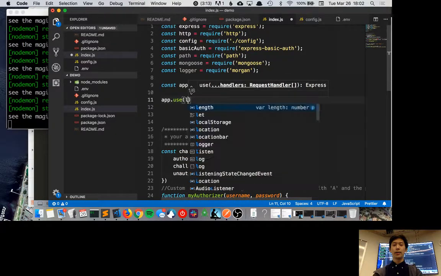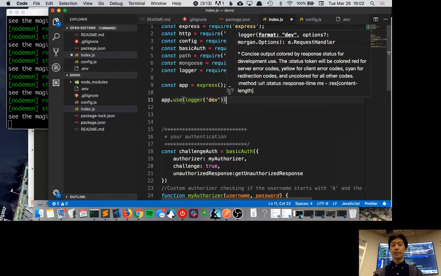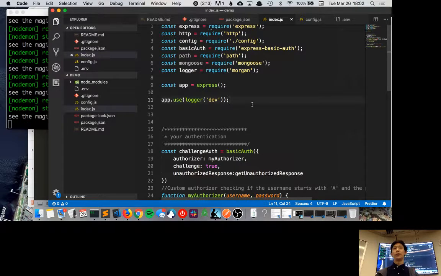What you can do is say app.use, I think logger get. So this app.use function is just saying, starting from the beginning, from top to bottom, as requests are coming in, it serves as a way of passing data, or requests, from one step to the next. So in this case,